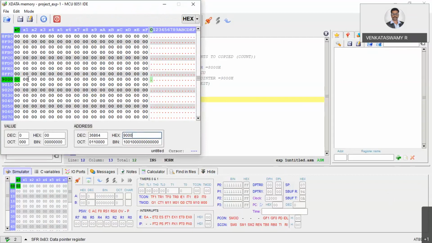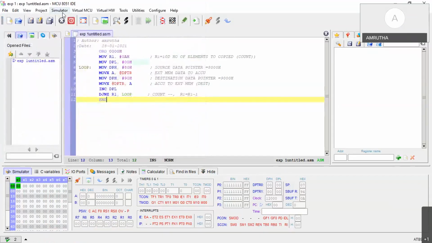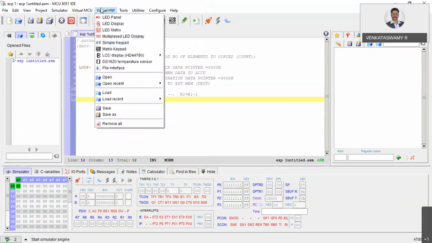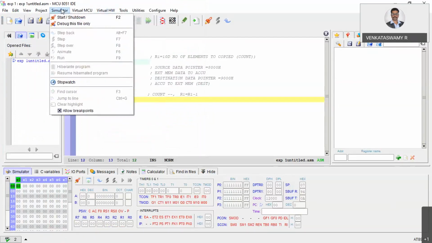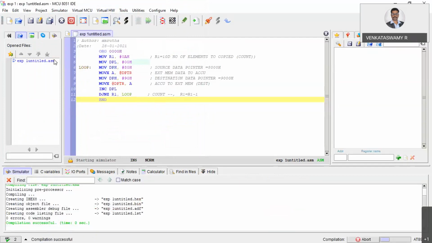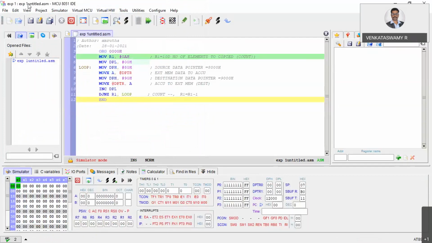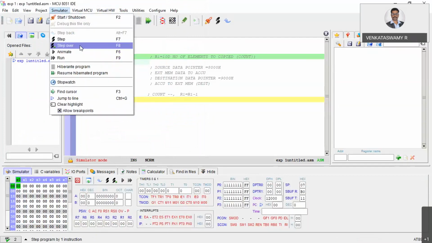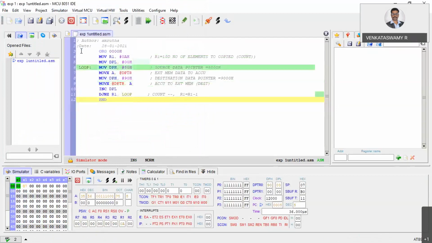Go to simulator. Sir, 1 minute. Okay, you just have to go to that. Click on that rocket button. No, you have to go to run mode. Yeah, start. Okay. Now go to simulator and animate.